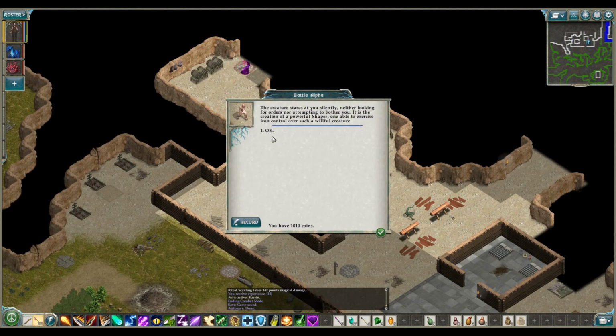This creature stares at you silently, neither looking for orders nor attempting to bother you. It is the creation of a powerful shaper, one able to exercise iron control, even such a viable...